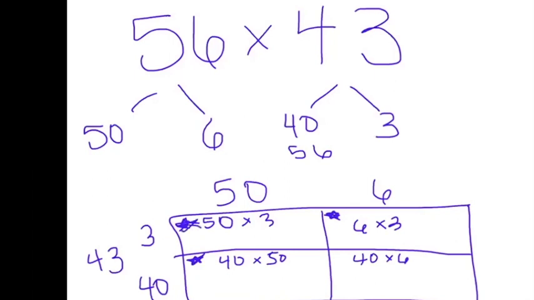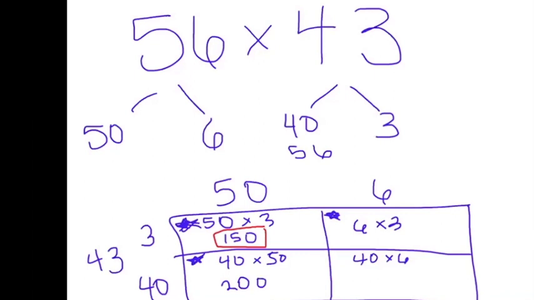Okay, Leia, what'd you get for 50 times 3 up here? 50 times 3 is equal to what? So we cover up the zeros, and 5 times 3 is 15, and then you just add the 0. Good job. So we get 150. What about right below, 40 times 50? What was your thought process? So we cover up the 2 zeros, then you multiply 5 times 4, then you get 20, then you add the 2 zeros, then it's